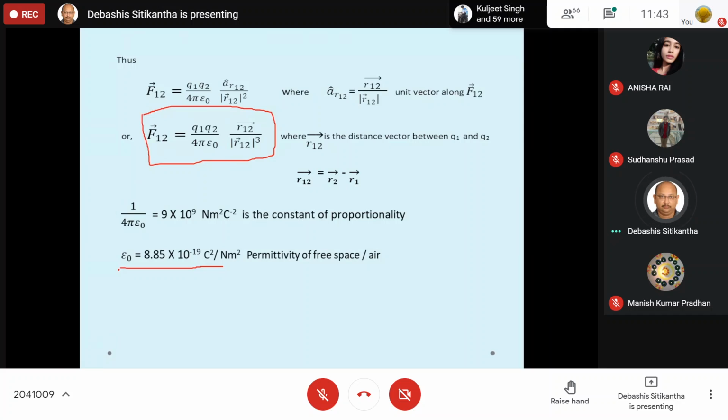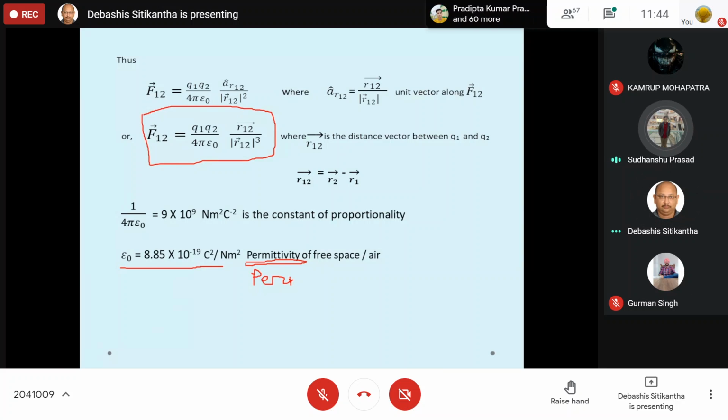Okay, let me tell you. Now, how to remember it? What does this word permittivity mean? This word itself is coming from the word permit. Somebody was telling penetration of a charge. Please repeat once again. The amount of penetration of charge that a substance can offer. Penetration of charge. No, no. Slight modification is still necessary. It is not penetration of charge.